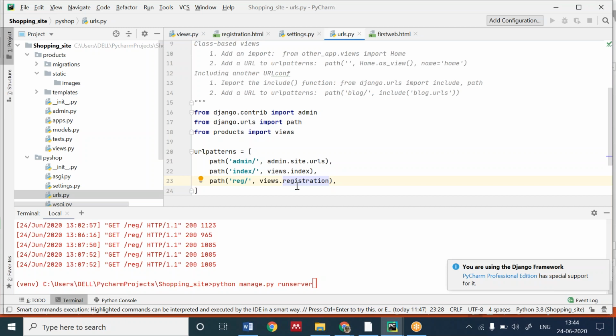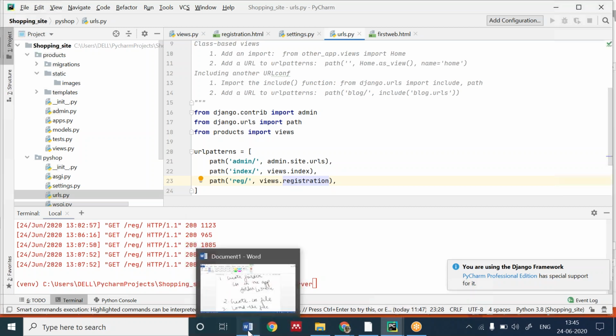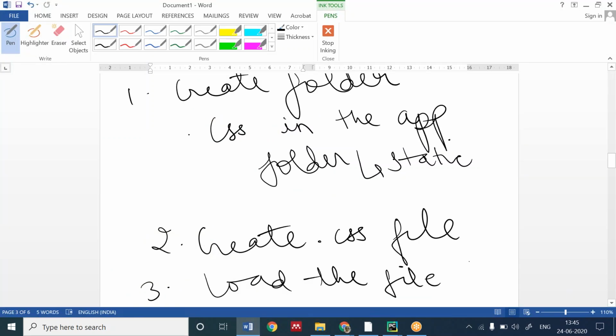Repeat the load file for CSS. Please explain again after creating the static folder. For the CSS, Ankit, okay. So firstly, we have created a folder named static. In static, we have created css.